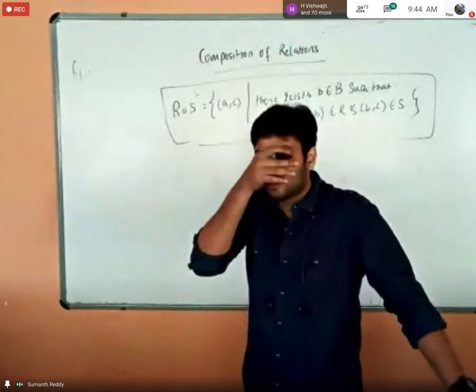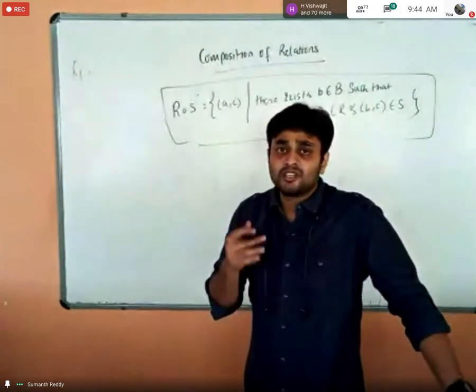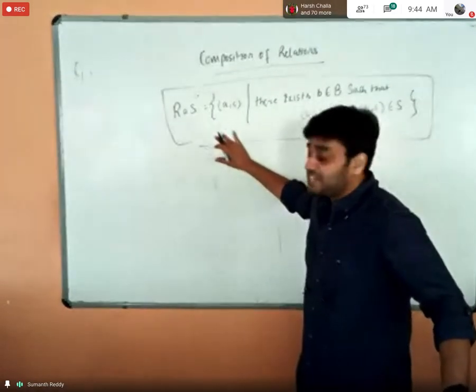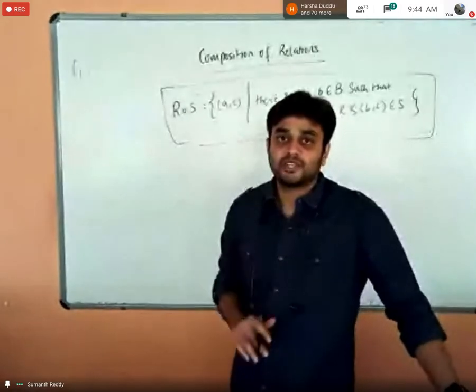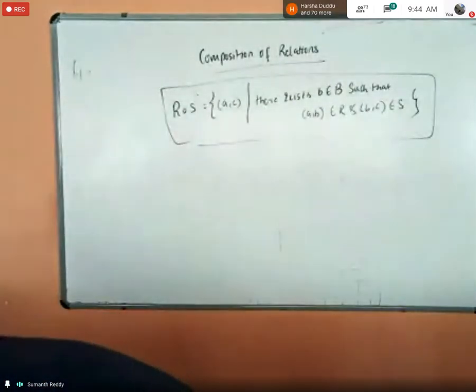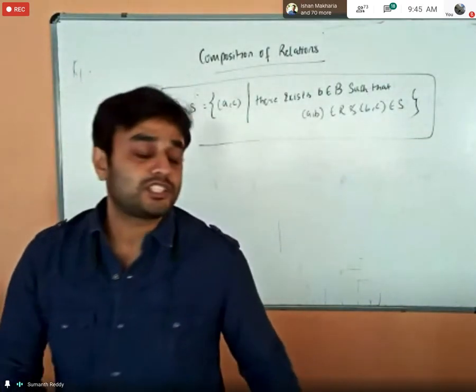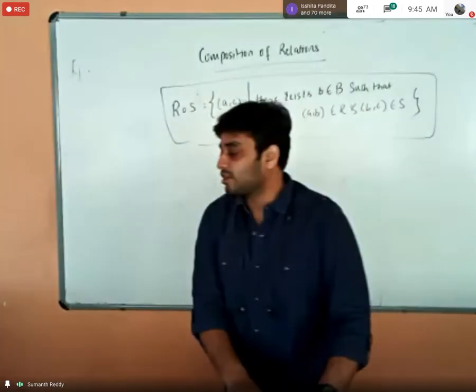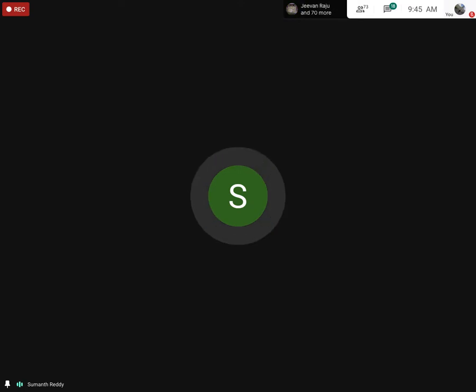I have told you, right? Whenever I tell something is important, you just have to make a note of that in the last page. So this definition, please copy in the last page. This is very important. I'll give you 1 minute. Please copy it. I think the board is clearly visible. Please copy that mathematical definition of the composition of relation because it is very important. You have to remember this. Please, everyone, copy it.